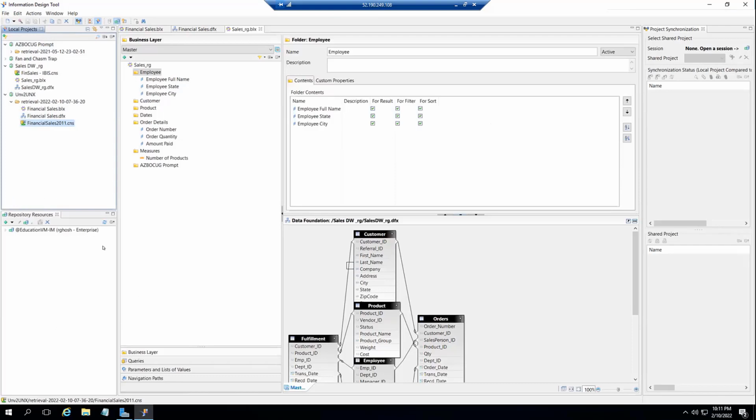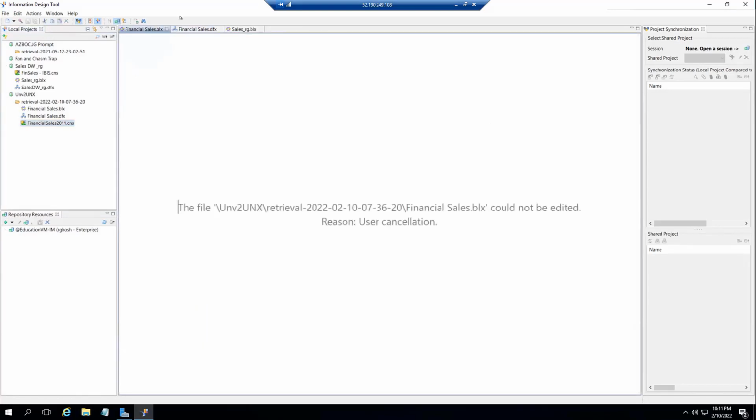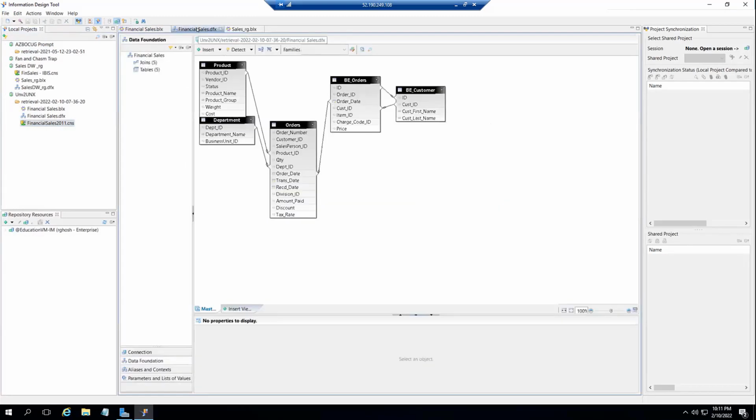And you can insert all the sessions, dev, QA, prod, or more than one system you can define here. I think that's it. So that's the basic structure of the information design tool UNX format of Universe.